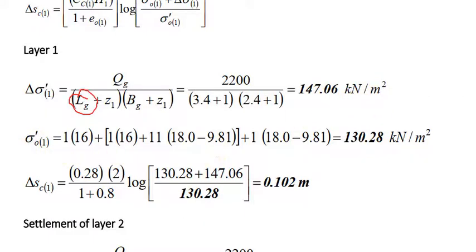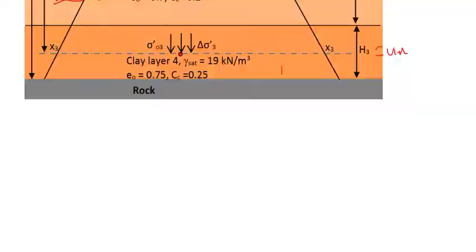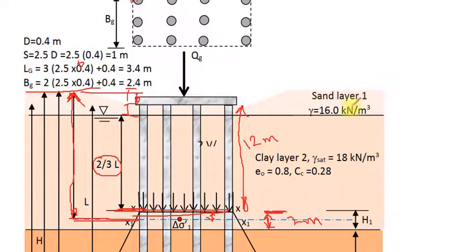The overburden pressure will be calculated by the following procedure. The first layer 1 meter multiplied by 16, add 1 meter by 16, 2 meter by 16, since the water level is at the base or at the bottom of this layer, 2 meter or 1 meter by 16 plus